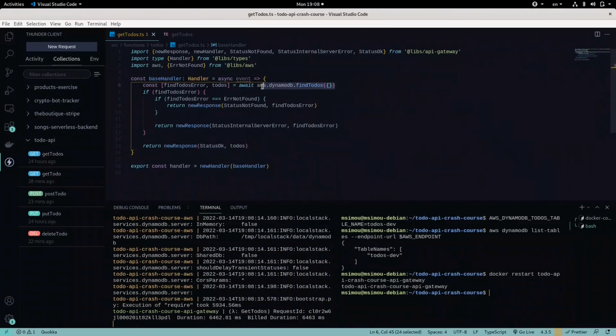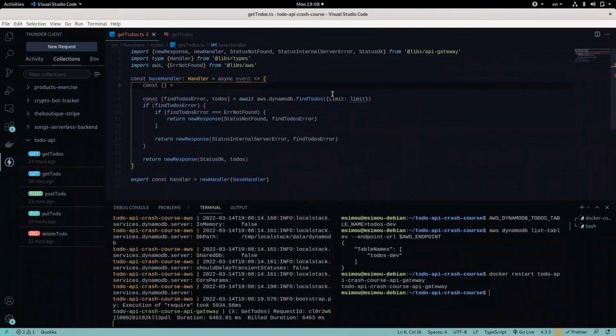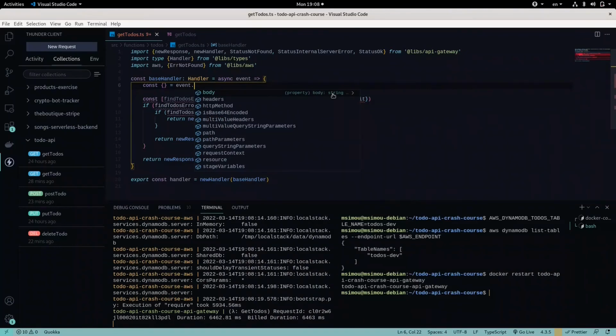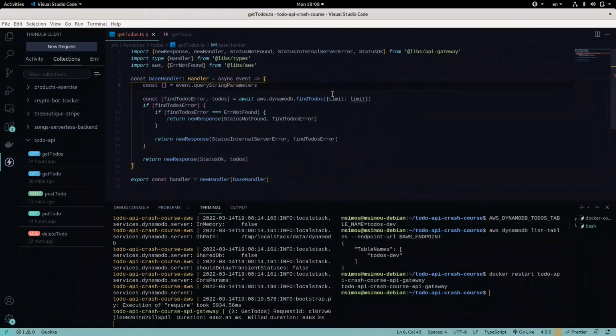So let's extend our controller by passing the limit that we discussed. So this would be a variable that users can pass as a query parameter. So if the users want to limit the output to a specific number of to-do items, then they can do it by passing a query parameter. If they don't pass anything, I will set a default value, and that value will be used